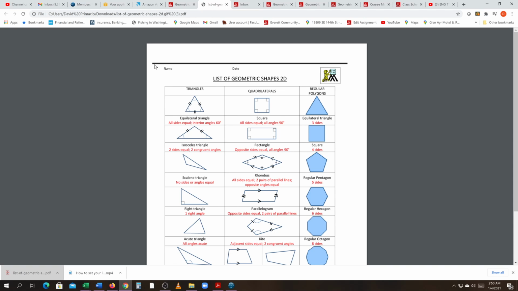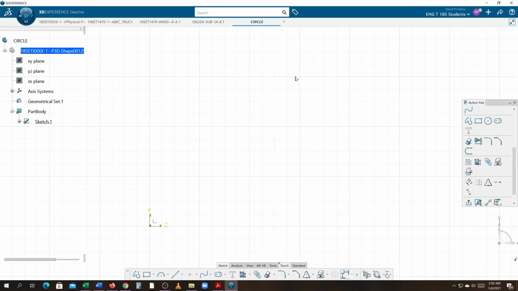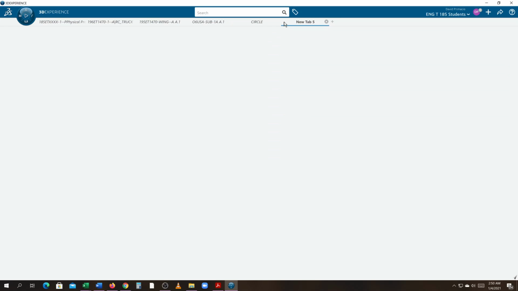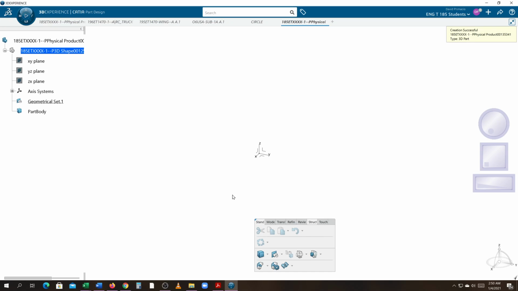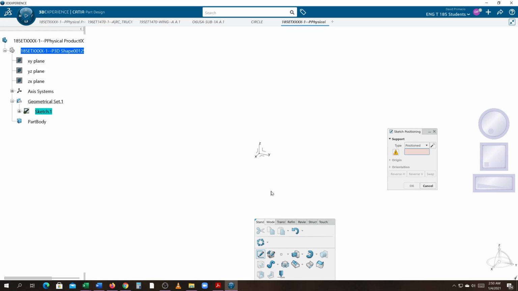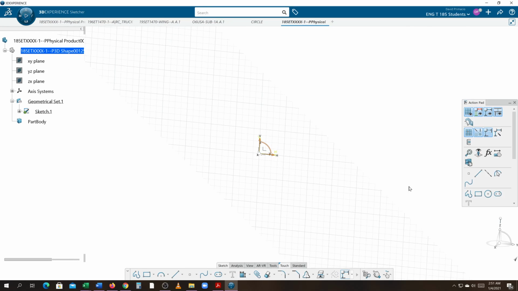I will start this by going here, and if I had to create a new one, because this one's a different model, I'm just going to hit the plus button right here to create a new tab, and I'm going to hit 3D part design. So 3D in the top left on the compass, and then I'm going to hit part design, my favorite. You got to scroll down your list and find part design. You're going to find the sketch icon. It's a feature on the bottom, and then you pick the YZ plane, and we'll select OK. And I'm in the sketch